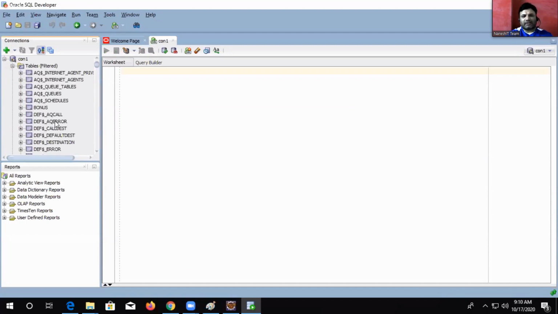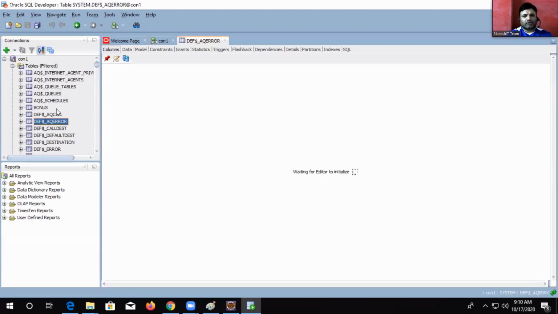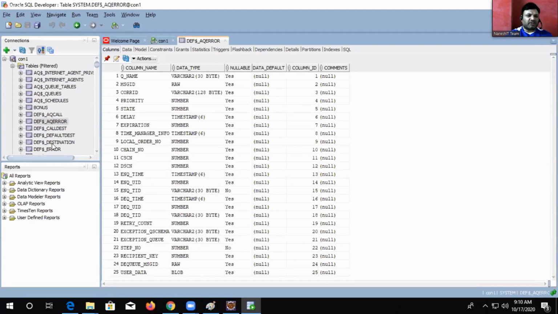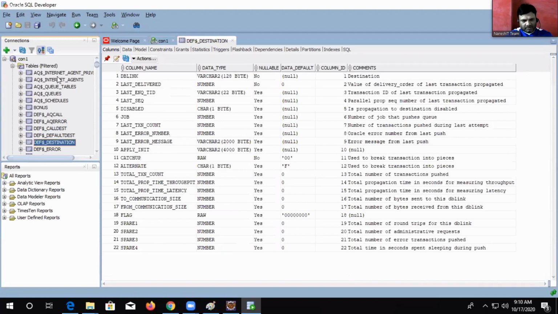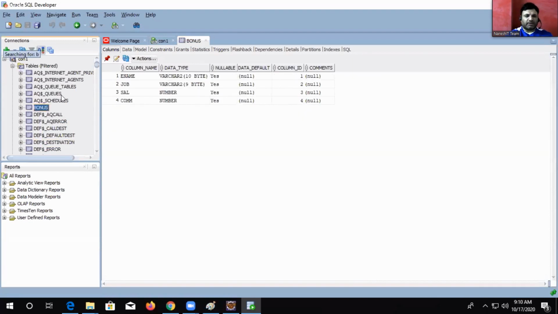Yes, we are having tables. Oh, nothing is there. We lost all the tables, boss. Sorry to say, we don't have any previous tables. Only ready-made tables are there. No problem. New